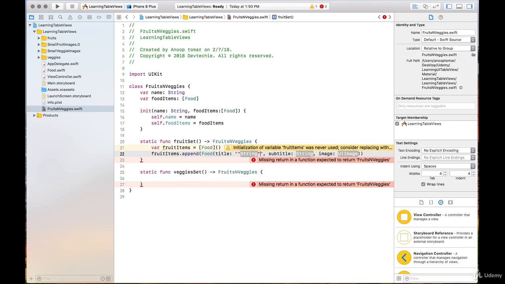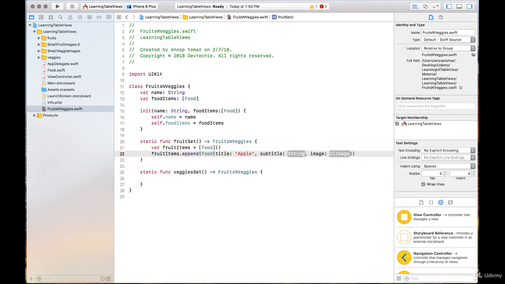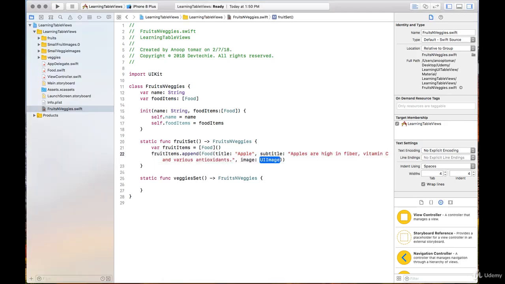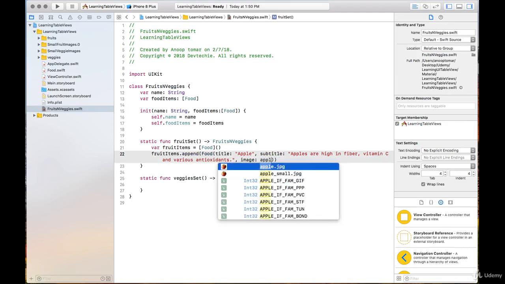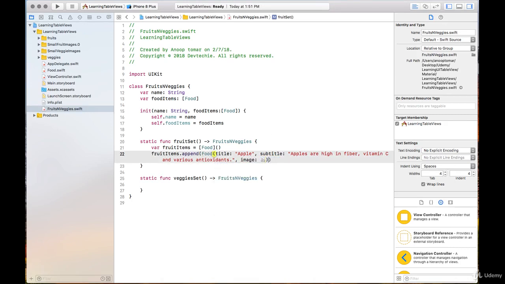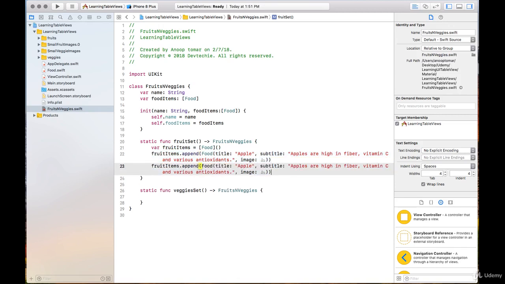Okay, so we're going to use apple as the first item, and I'm going to copy some text here, which is something about apple, and apple smell image. That's what we're going to select. Okay, so you're going to copy this, paste it over, and the second food item is going to be